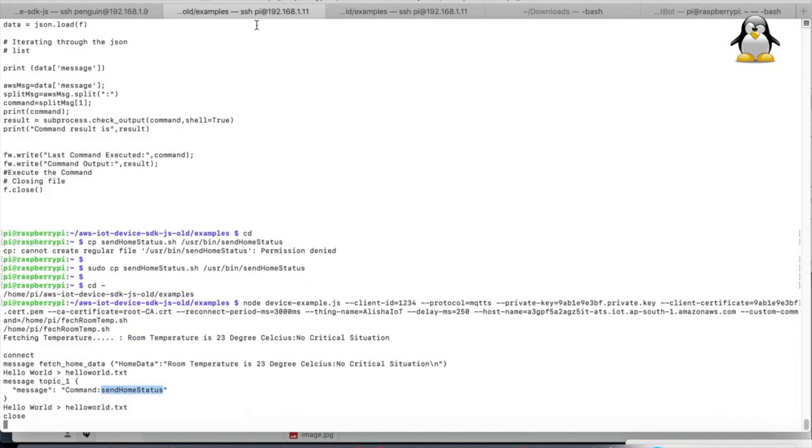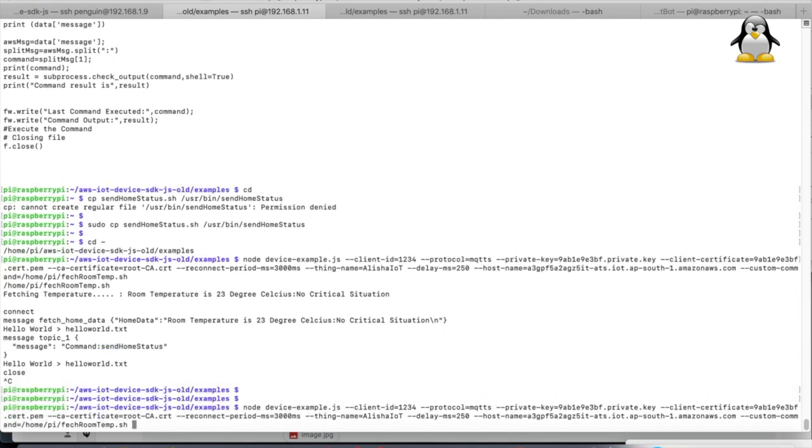Here it's already running, but I'll show. This part you have to neglect for now. I have added my own custom thing here. From here to here I'll also explain the different arguments. This is the private key which you get from the AWS IoT console, the certificate, the reconnect period, and then the IoT thing name. I have configured an IoT thing.